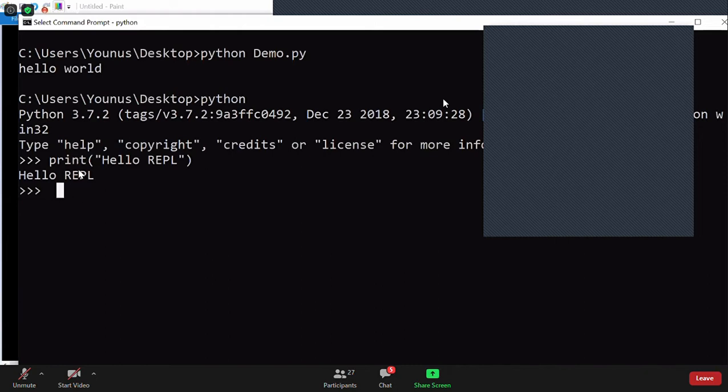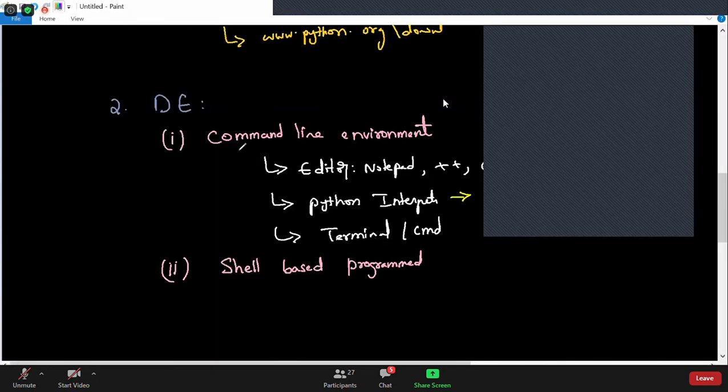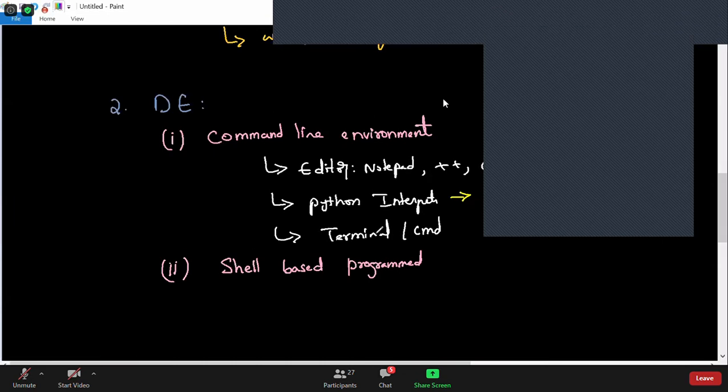Okay, Shekawat, I will tell you again. So this environment is generally called the REPL environment, or shell-based programming actually. The first thing I told you is that you can open a command prompt and execute the program. It's a little lengthy process, right? You have to open a notepad, write the program, save the file in some location, open the command prompt, take you to the file location, run the Python interpreter, and then you can execute the Python.